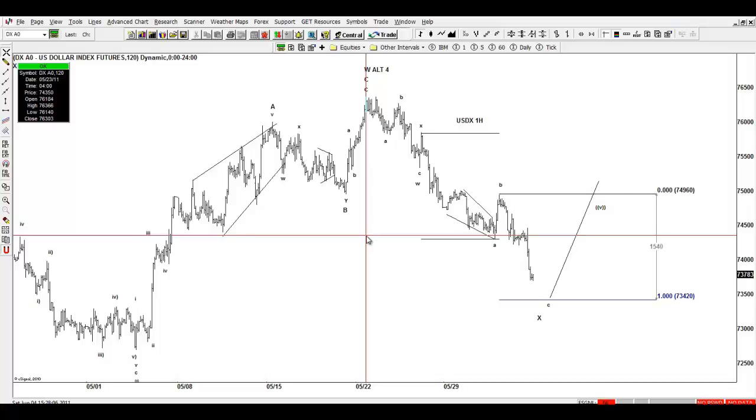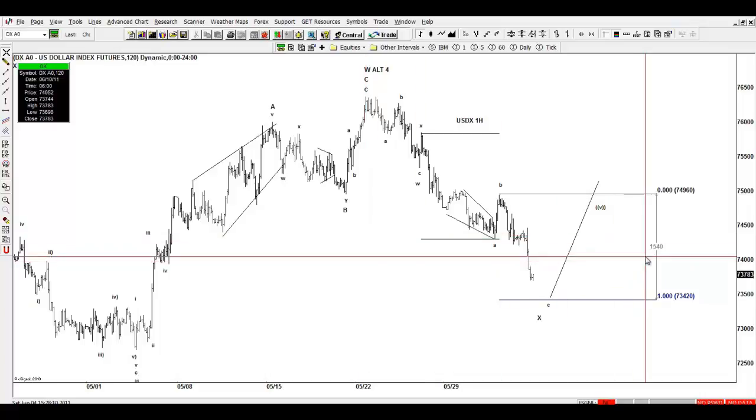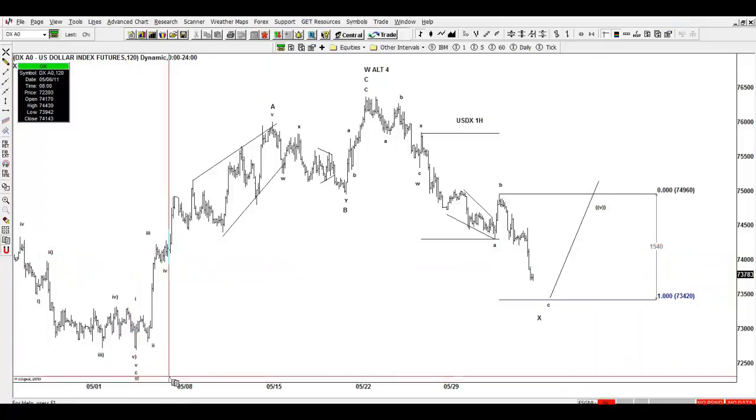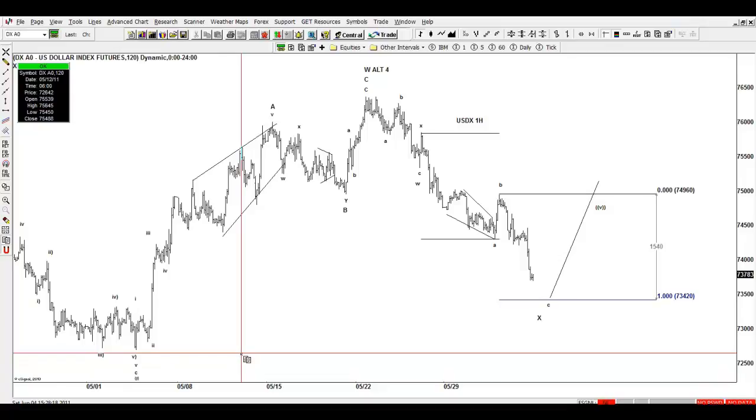Okay, we just finished doing the update of the whole site, talking about charts, and we believe that the market is at the point right now where it needs to decide if it's going to go in favor of the dollar or against the dollar. There are not many clues that you can take from the market, and you guys are going to see in the update that we passed multiple alternative counts within the market.